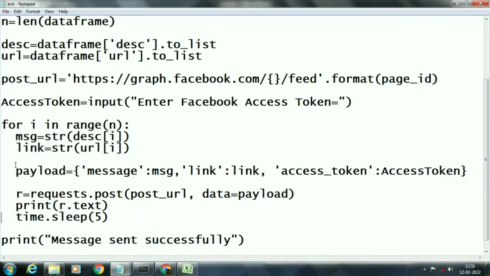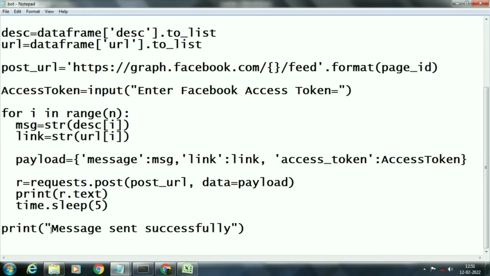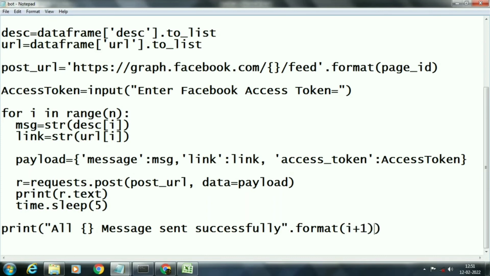In the last statement, I will add how many messages were sent successfully. So here I will use the variable i, which is the counter for our Facebook messages. Here I am writing i plus 1 because all the message indexes start from 0.